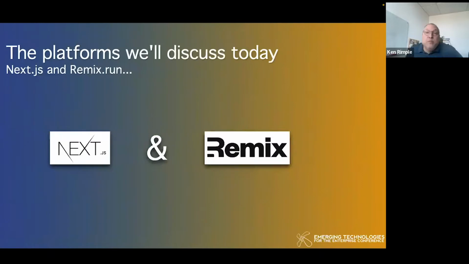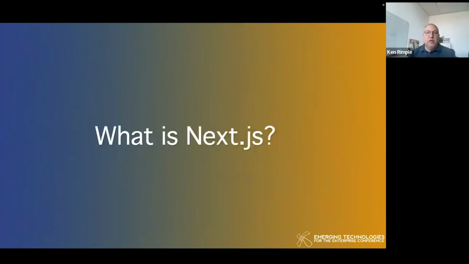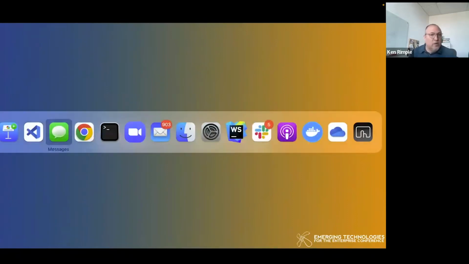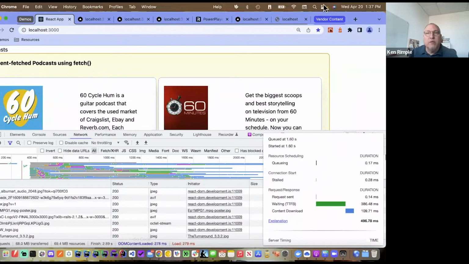Well, these two platforms today we're going to discuss actually try to do that. So they are server rendered and server generated React code frameworks, Next.js and Remix.run. Let's talk about each of them in turn a little bit, just kind of introduce you to them. So Next.js, which I will show you here,